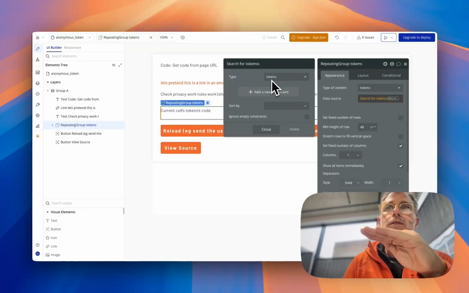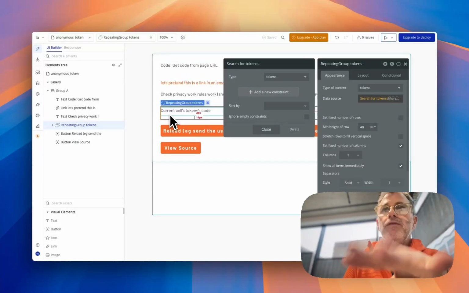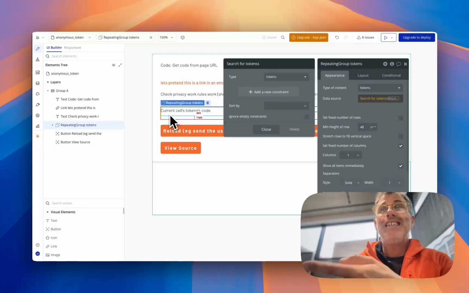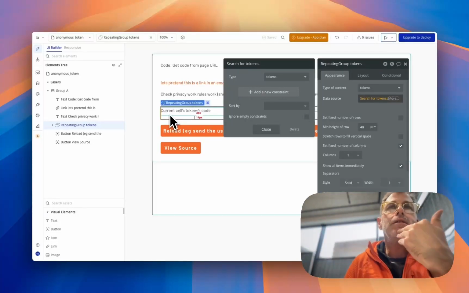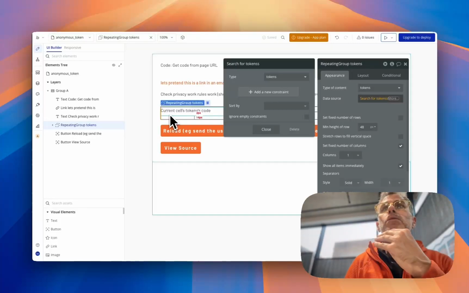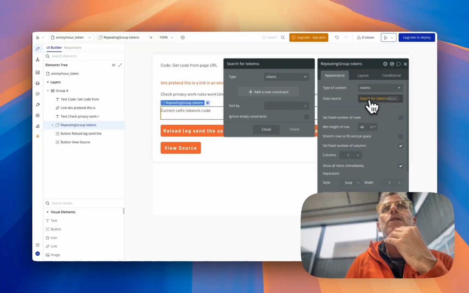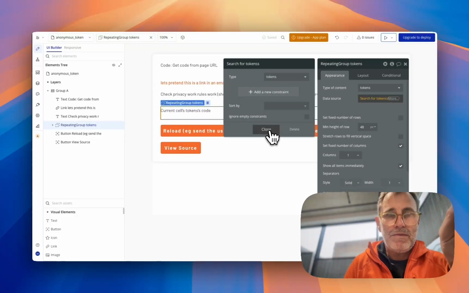This could be invoices, users, but the point, and it's a bit confusing because we're using a token to look at a token table, but you could be using a token to look at an invoice table. So we're searching for tokens, show us all the tokens,